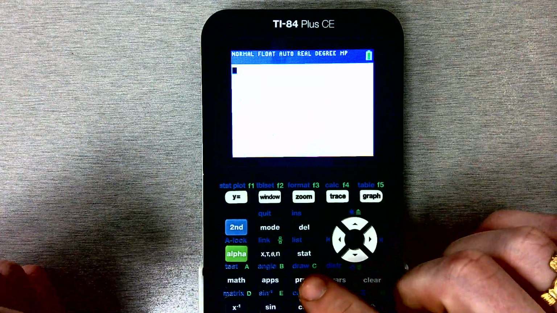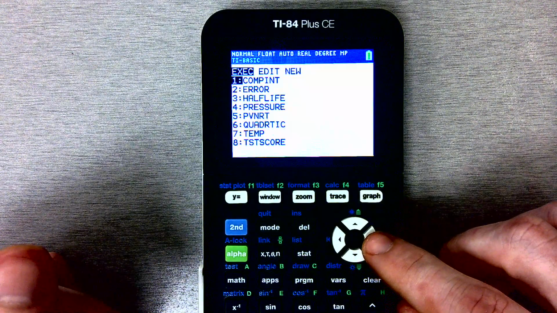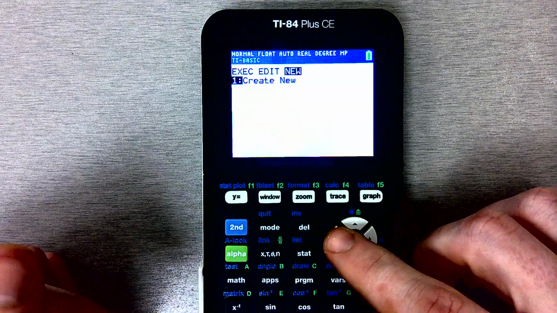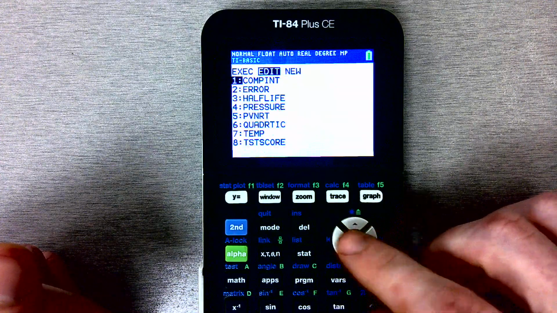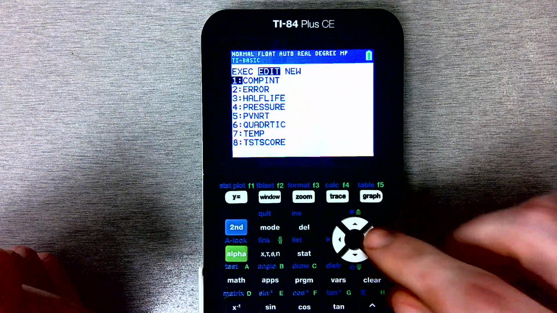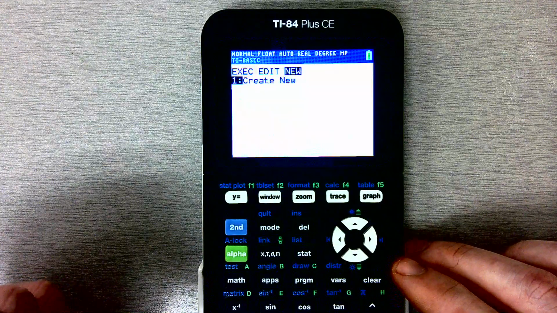So, when you want to create one, we're going to press Program, and you're going to be given three menus: Execute, Edit, and New. Those of you who have never programmed before are not going to have anything in the Execute and Edit menu. It'll just be blank. And just go over to New, and you can either press the number 1 or just press Enter to create